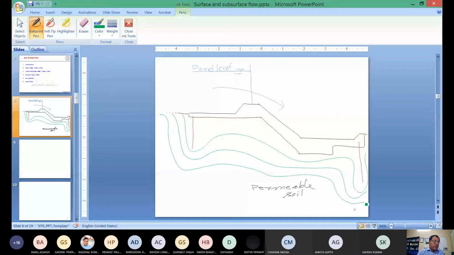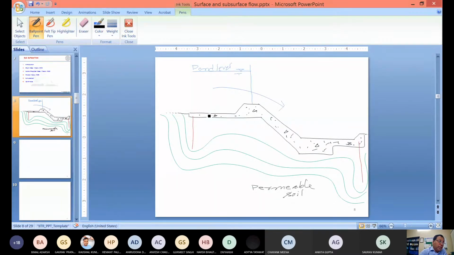Now, what we are interested in here is, since we have to design this structure, right? This structure should be safe, and in general, it is of RCC or of plain concrete, right? So we have to calculate what is the uplift force acting below this structure, so that it can be balanced by the weight, or maybe by the force that will be transferred to the abutment or the piers, right?